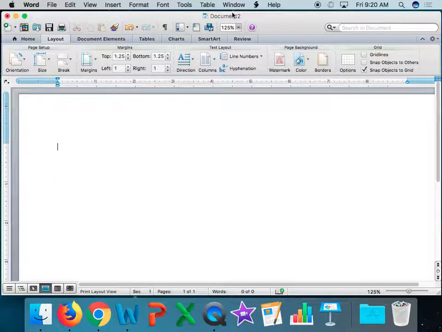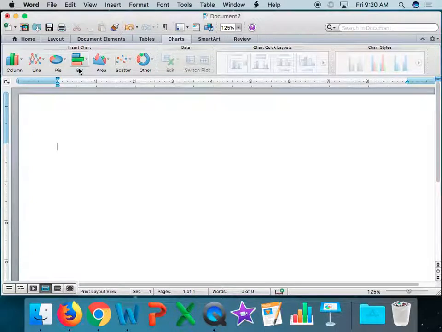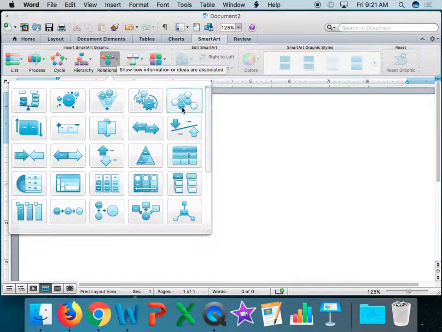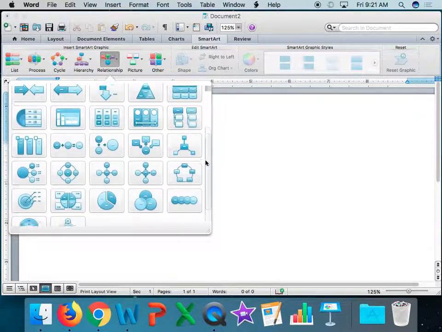In Microsoft Word, if you go to Charts, this is where we get graphing charts again. That's not what we want. In Microsoft Word, for the Mac computers, it's kind of a little different. They call the diagrams Smart Art. We call them Smart Art. So we're going to click on this tab. And these are the different types of diagrams we're going to be using over the next few weeks. Today we're going to go to the one that says Relationship. We're going to hit the down arrow, and you're going to need to scroll down, and we're going to choose